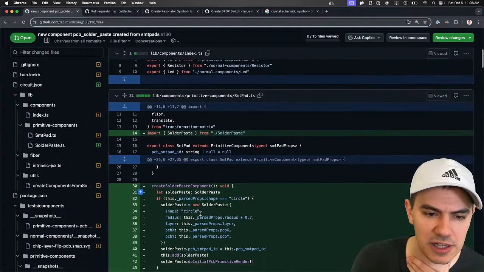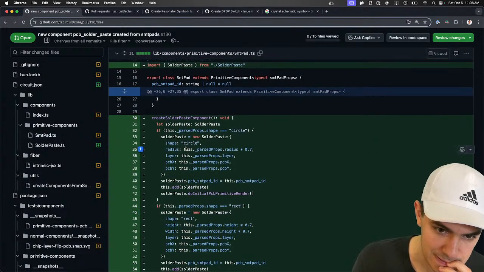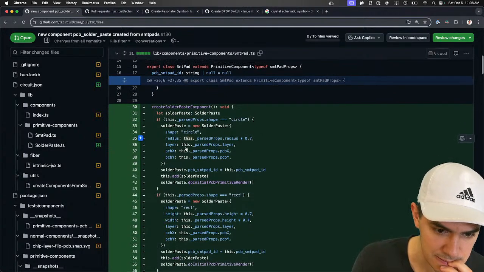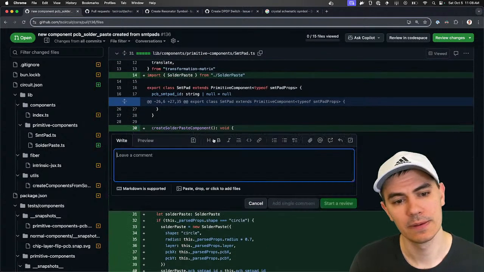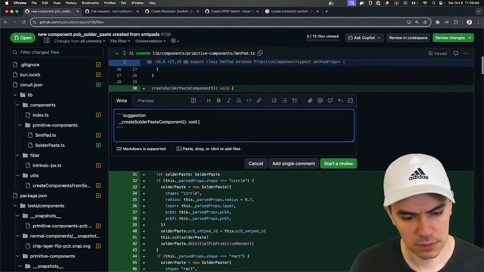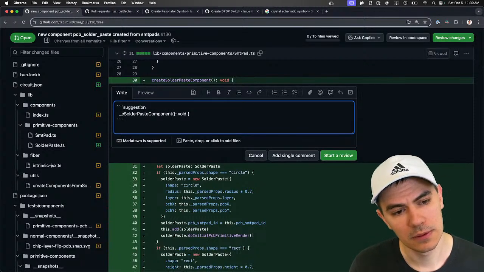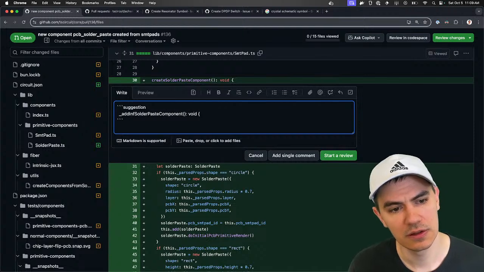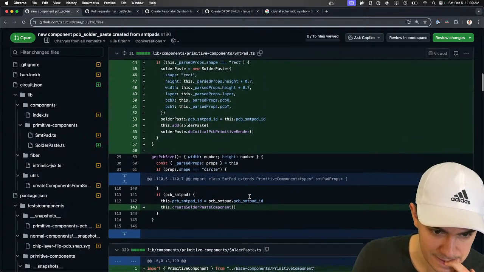Okay, solder paste. Add solder paste. Okay.